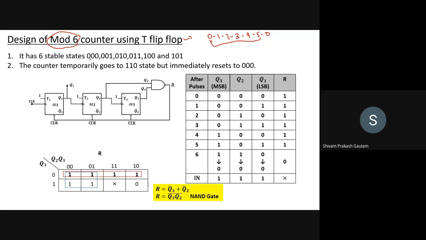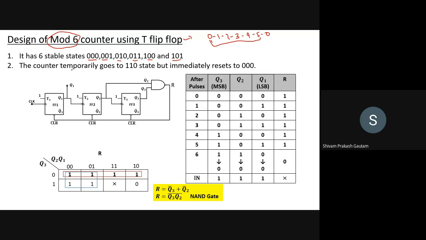So you can see in binary how many digits will be required to represent 5. That is MSB, it's 3 digits. So therefore, we have used 3 digits, right? So 0, 0, 0 is the first state. This is our second state. This is our third state, fourth state, fifth state, and sixth state. And we want our flip-flop to be a mod 6 counter, right?